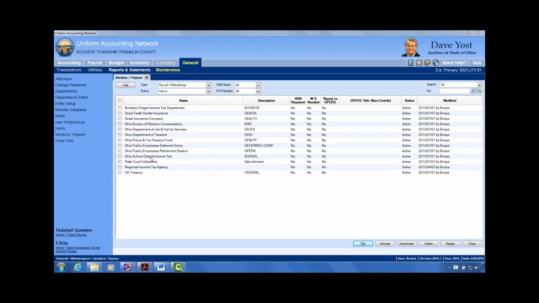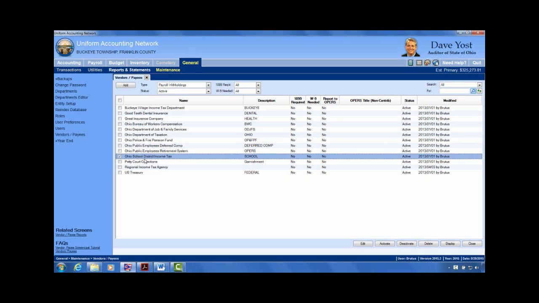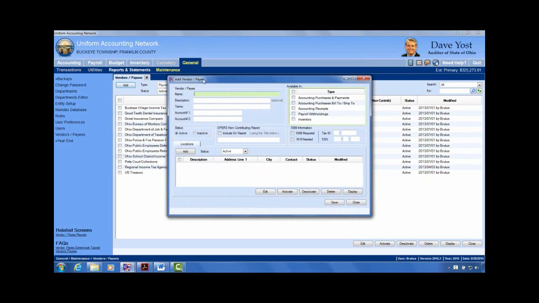Okay, so again, in our case, the Ohio School District income tax is already listed for the payee, so we don't need to add that. But in different situations, it may be the first time you're paying this payee for a particular custom withholding, and so you would have to add the vendor. This is where you would click on the add button above the list, put in your vendor name here, and that's the two required fields, the vendor name and the available in